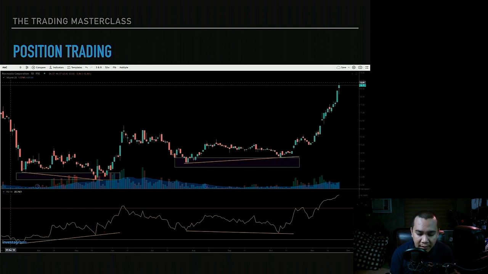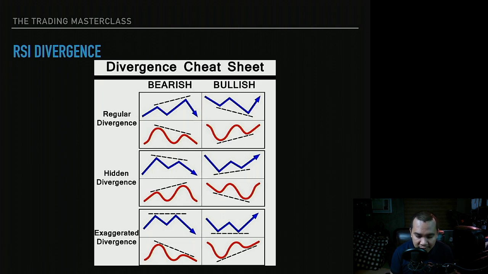It happened again here. This is a different pattern for RSI divergence, but look at this right here. This is a support area. The bottoms of the prices are going up, but RSI is leaning down, right? This is going downwards right here. Going back to our patterns, this is what we are seeing.